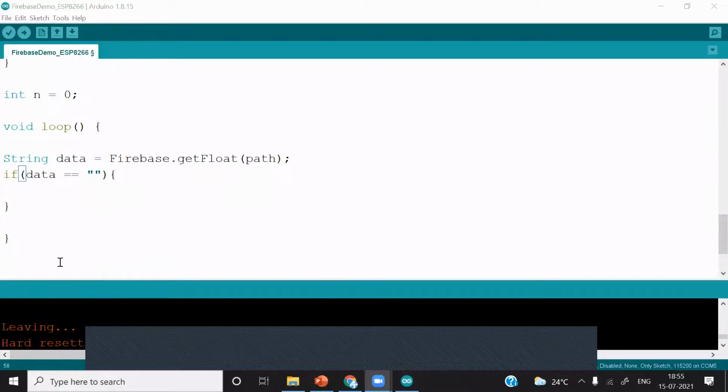We'll check the data we are fetching from real-time database back to the ESP8266 is on.